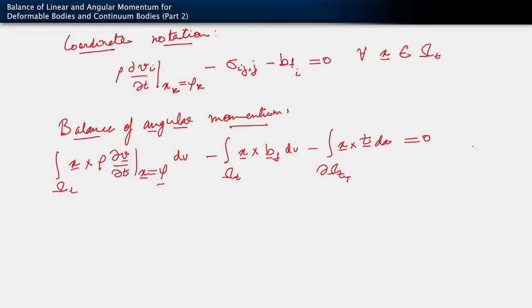Now, again, we observe that everything works out just fine except for that surface integral. Okay? And as we did before, in the surface integral, we are going to replace the traction with Cauchy's theorem, which says that the traction T is sigma n. And then we're going to just work with that term. So we're going to consider that term, right? In particular, what I'm going to do now is to write this term in coordinate notation. All right? So, now in coordinate notation,